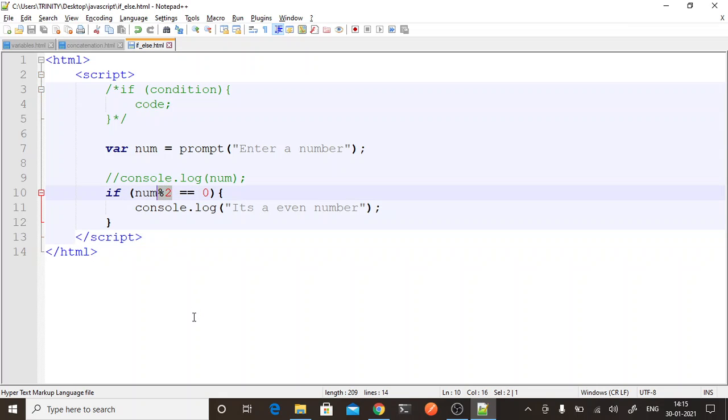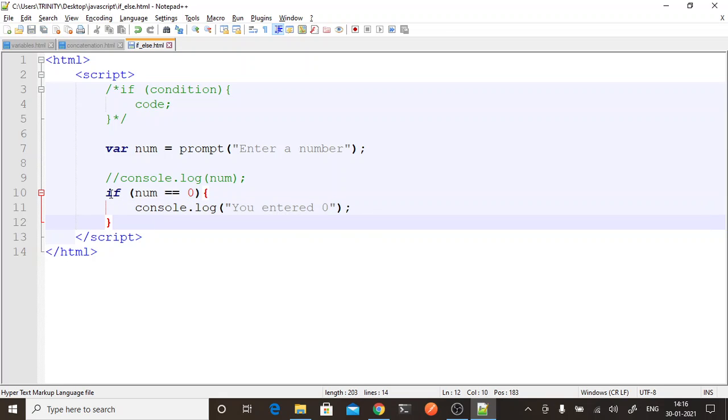Or let's take the first condition as 0. What if the user enters a 0, which is neither an odd number nor an even number? Then in that case, I just want to say you entered 0.